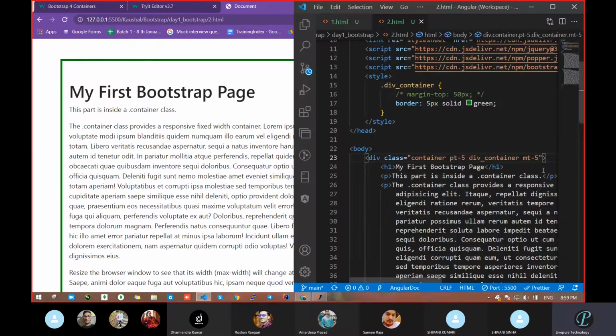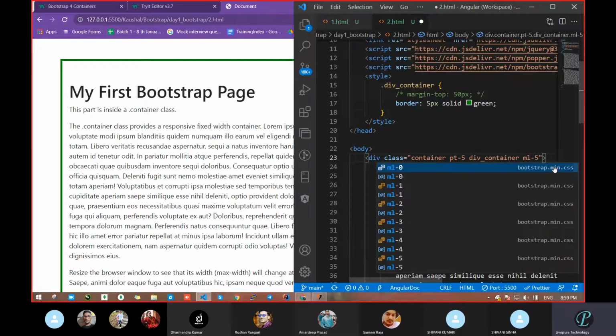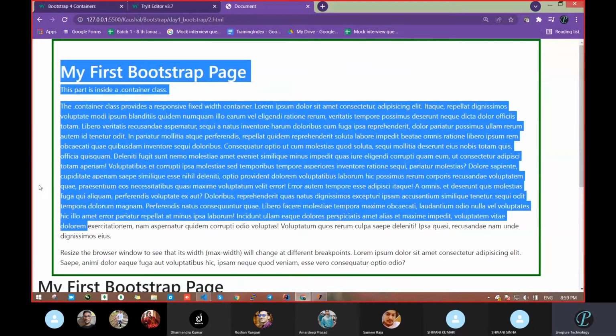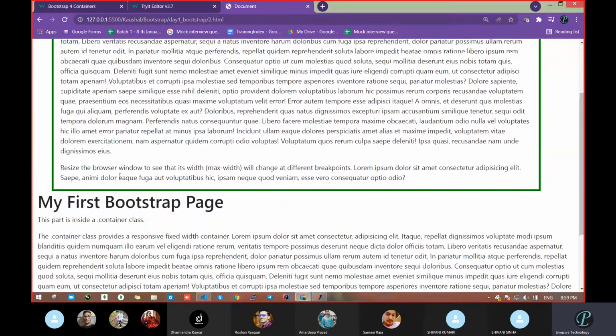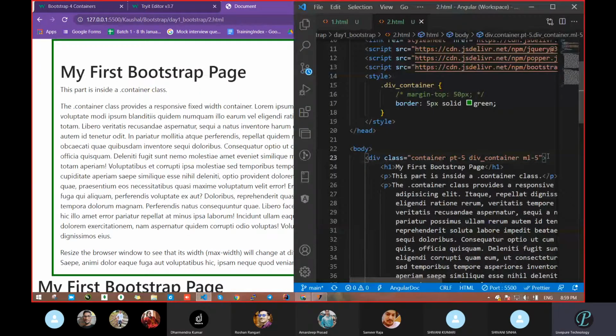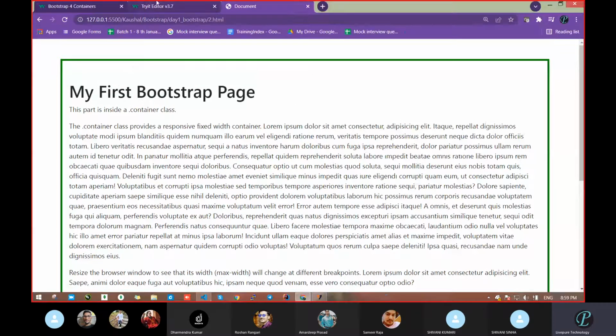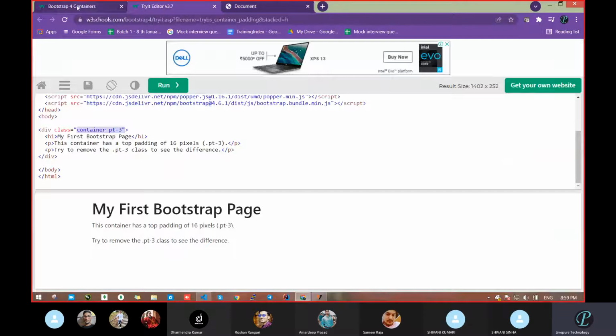Got it. So this way we are getting the naming convention of Bootstrap. Slowly you will get this. This is empty. Now if you want left side, right side like that, you can pass ML. ML is margin left. See, in margin left, this section, this boundary side, gets reduced. Clear? Do you have some idea how we can use that? Yes, sir. This type of naming convention, slowly you will get it.